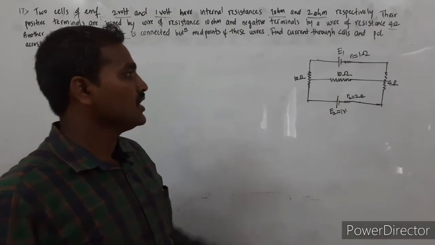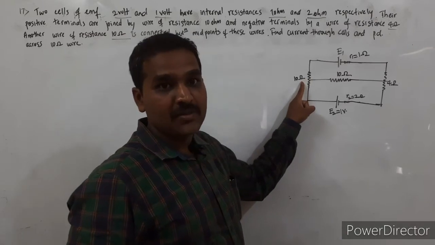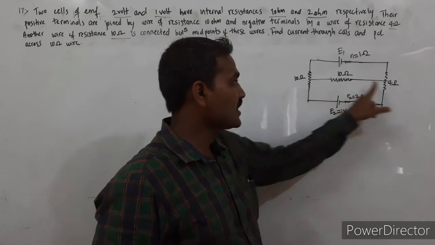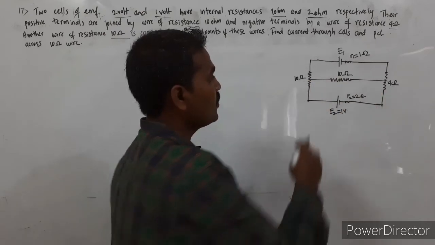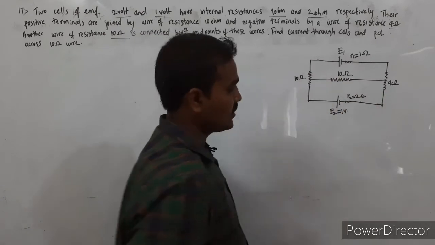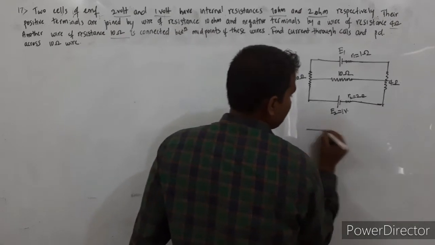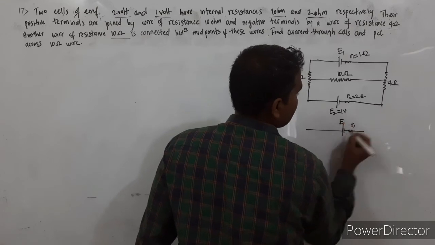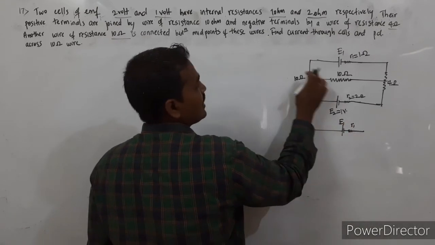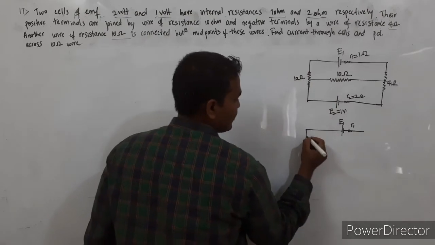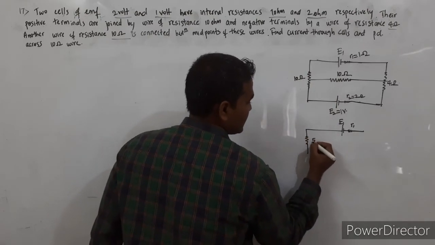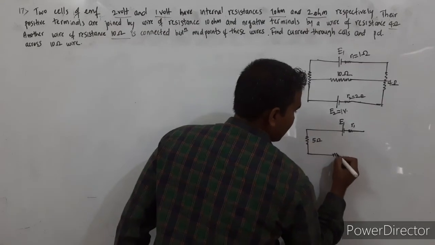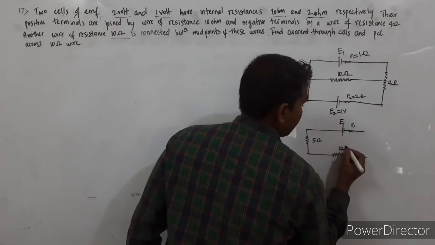Now what we can do, we know the resistance is directly proportional to length. This wire is connecting midpoints of this resistor as well as this resistor, so that we can divide this resistance into two parts. So let us make a separate circuit here. This is cell E1 and this is internal resistance R1. Out of this 10 ohm, 5 ohm I will take to the first circuit here. So let us consider this is 5 ohm and this is the midpoint here. Here let us have the external resistor, that is 10 ohm.